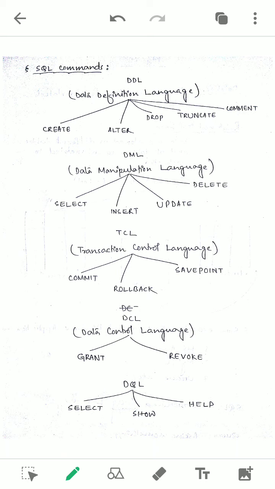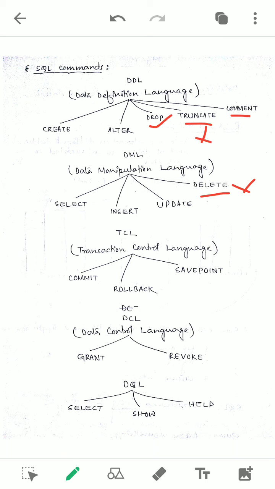What is the difference between drop and delete? We will also get delete, but delete is omitted from your syllabus. Drop means something is deleted permanently from the database. If you want to delete a table or a database permanently, then we can use drop. Other purposes also it can be used; one by one we'll get to them. Truncate is another one. Truncate and delete are similar, but delete is already omitted, so truncate also will not come in your exam syllabus.